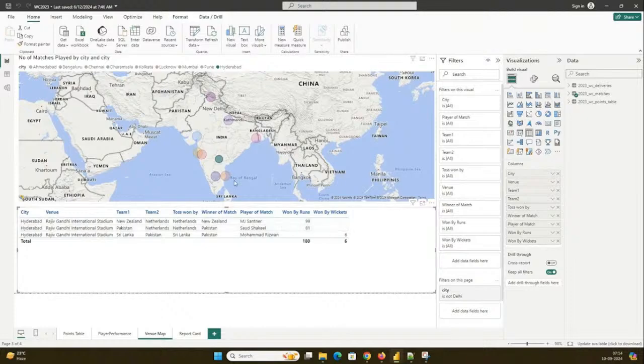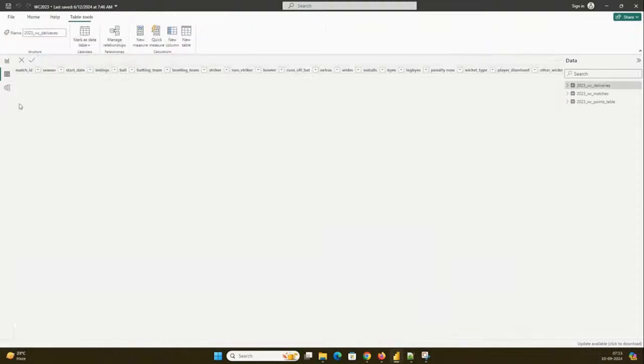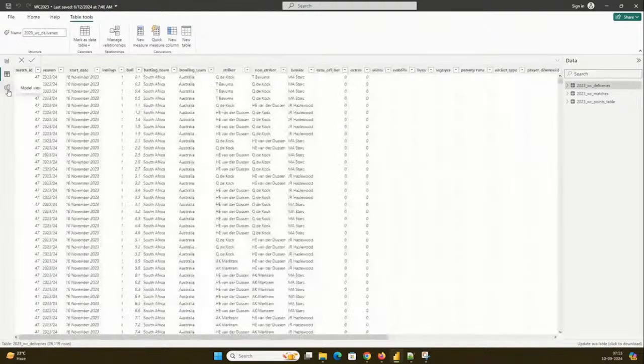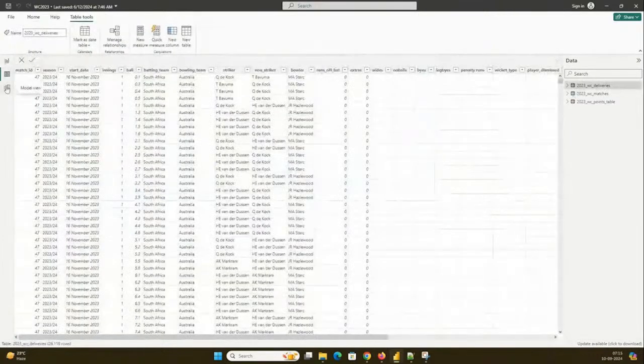And similar way, if you want to navigate to Bengaluru, you click on Bengaluru over the map, and it will show you the data of Bengaluru. Okay, right. And what are the data sets that are used for this? Okay, if I go to Power BI, all this will be taught to you. We have three different views. One is report view, one is table view, and the other one is model view. Okay,